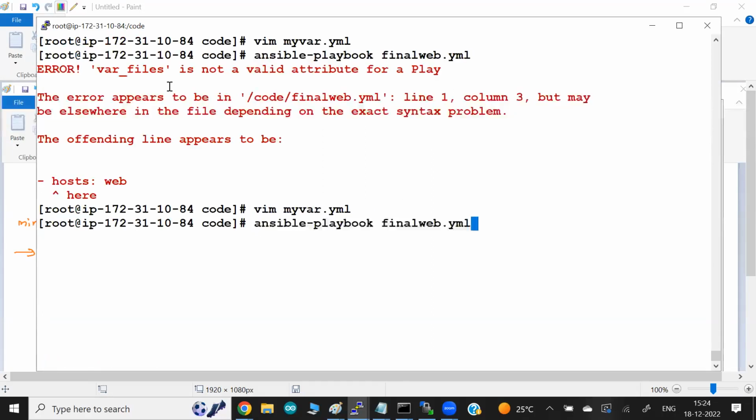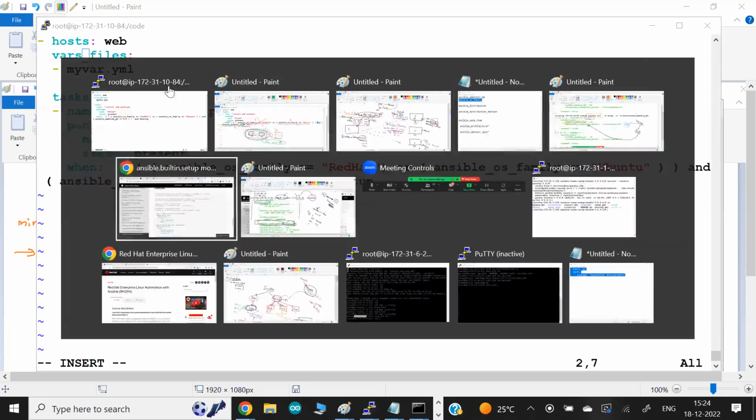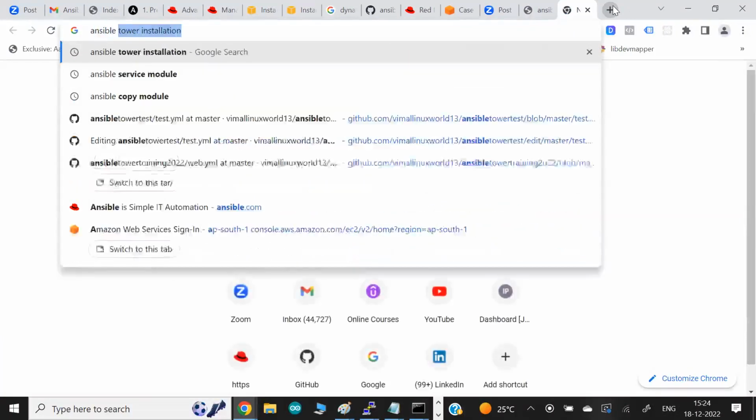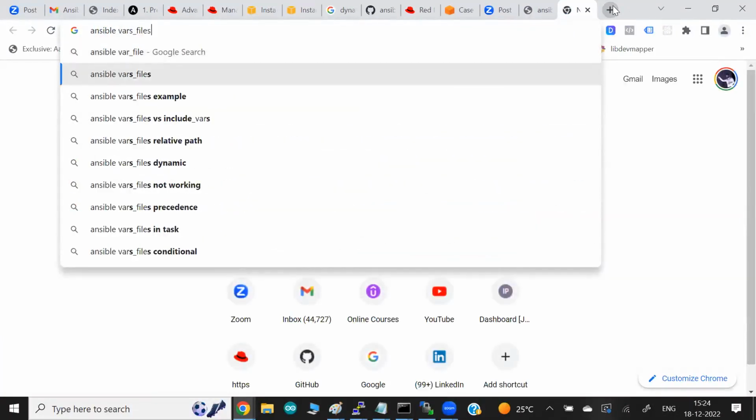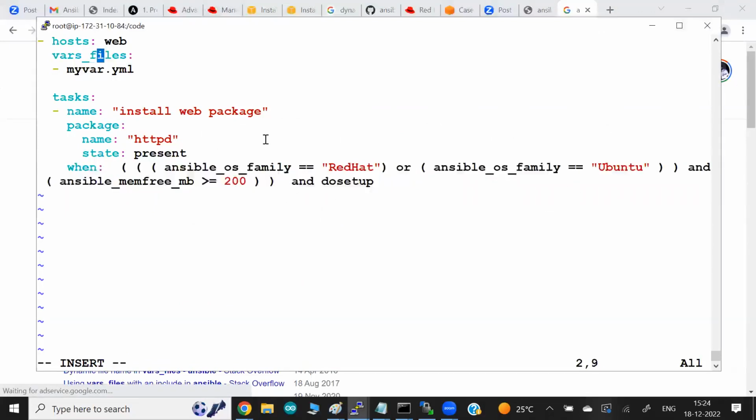This looks good. Final. This looks good, right? Maybe this is vars_files. Let me check very quickly. So in Ansible, vars_files. Yeah, it's vars_files actually. Vars and files, with an S on both sides. Okay, it's vars_files. So